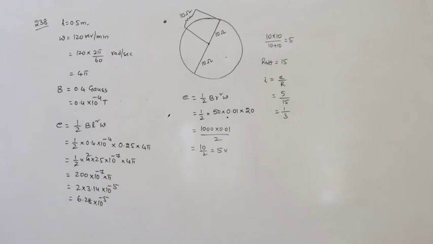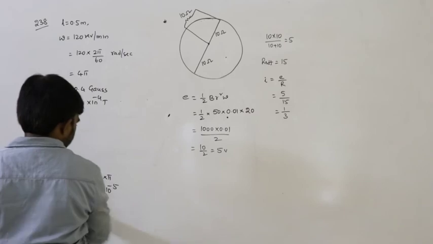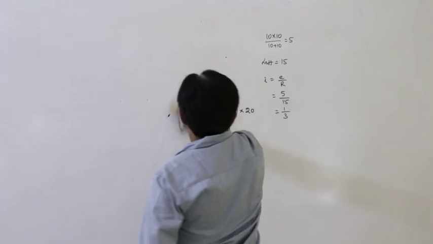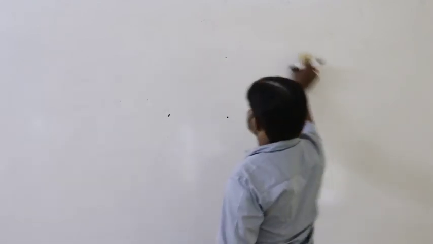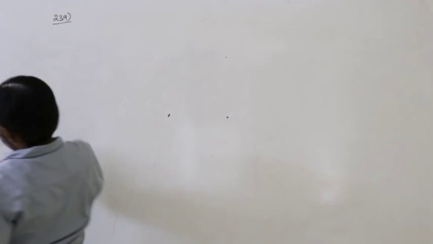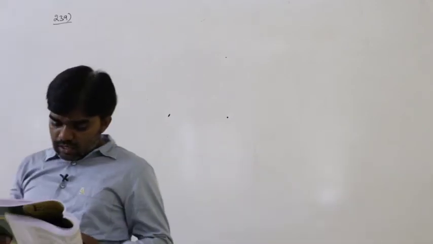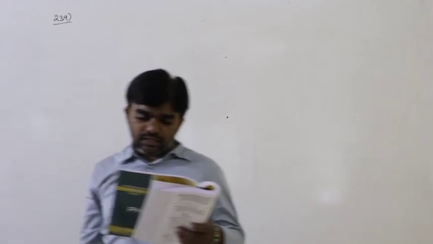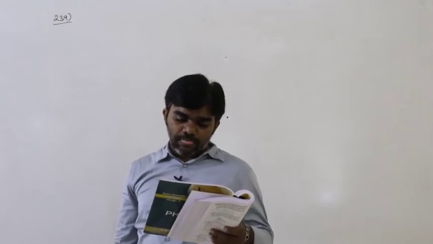Next example, this is page number 239. Page number 239, see the diagram, it is the last one. It is a pair of parallel horizontal conducting rails of negligible resistance, shorted at one end, fixed on the table. The distance between the